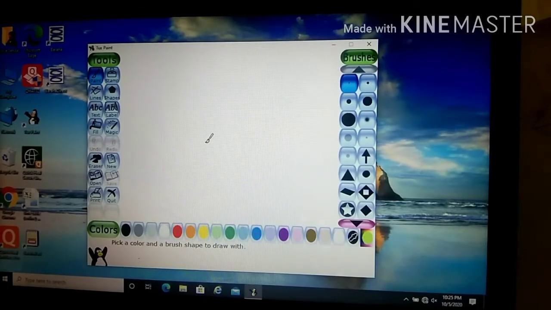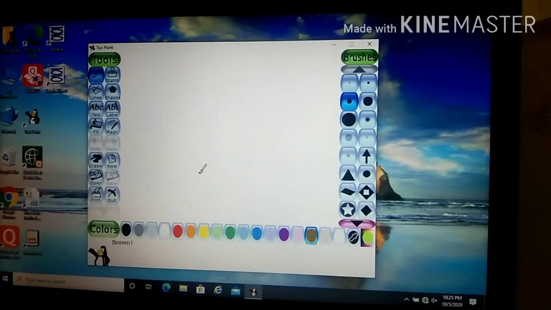Okay, now let's move to some of the tools and let's see how to draw. So we are going to draw on this blank page, which is called the drawing area. Okay, so the first option is the Paint tool we are going to see, and when we click on that we can see different options available in that Paint tool. Okay, so for now I'll select this size of brush, and then the color will be a little bit brown. Then I will draw it, and you know how to draw it, right? So you just have to click and draw it.